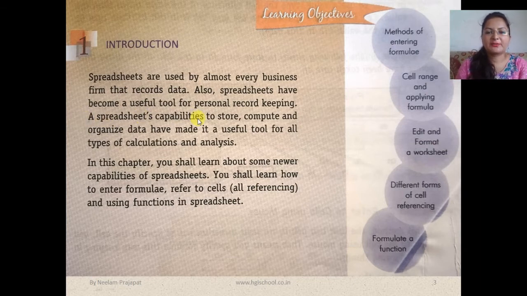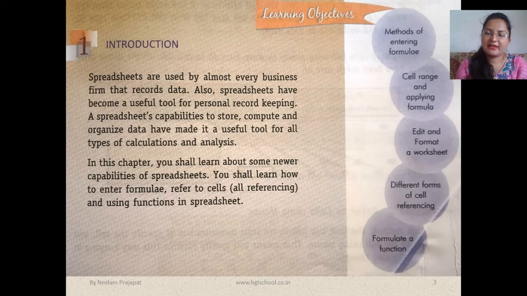Now spreadsheets' capabilities to store, compute and organize data have made it a useful tool for all types of calculations and analysis. It has lot of capability to store the data, then it is easy to compute the data in the spreadsheet, and the data can be organized properly in the spreadsheet, and that is why it has become very useful tool nowadays.